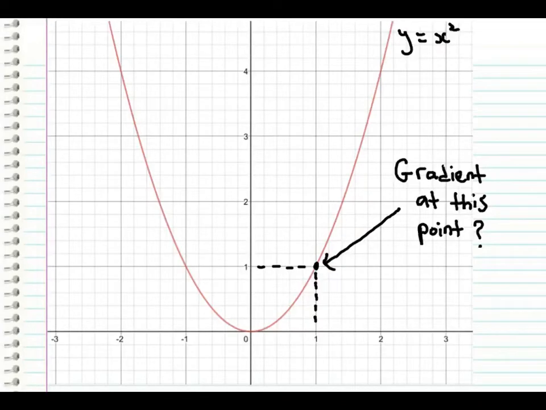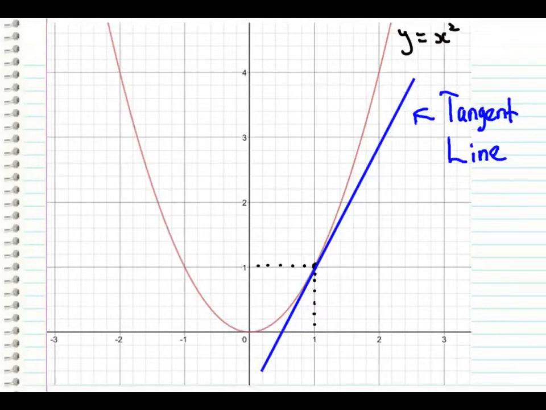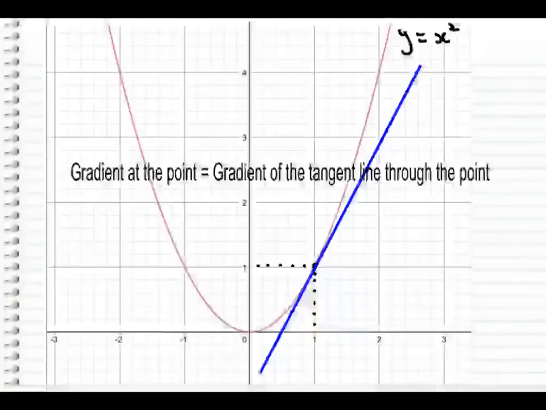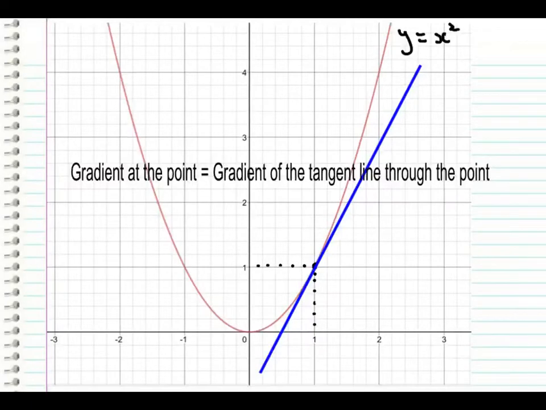But how do we find the gradient of a point on a curve, such as the following? We draw a line that passes through only that point on the curve. We call this line the tangent line. And the gradient of the point on the curve is equal to the gradient of this tangent line through that